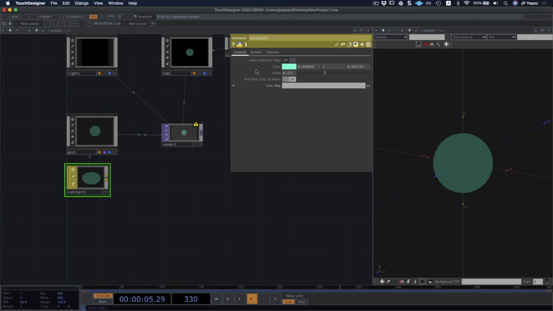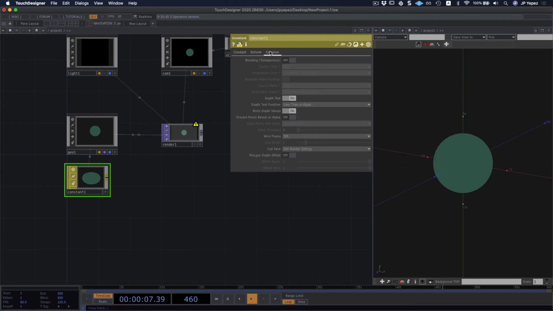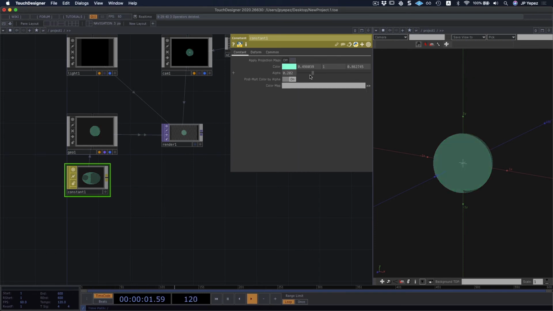You need to add blending, which is part of the common tab. Just add the transparency, and your alpha is gonna start to work on your figure. We can see some weirdness here. I would not really recommend using constant for this type of thing, but it's good to get started with our materials.